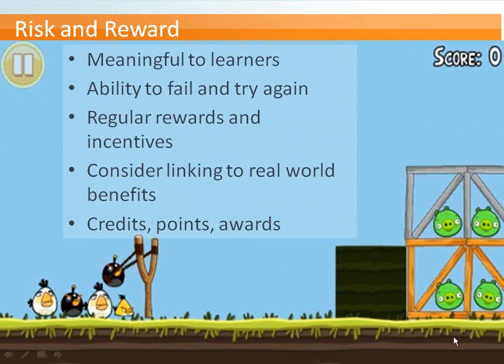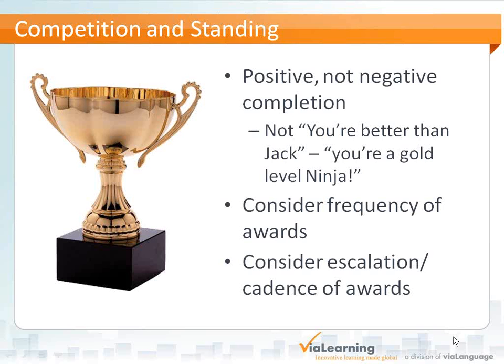And also one thing that you need to consider is the competition within gameplay. People are inherently competitive. They want to survive and they want to keep going and they want to win. People may not know for sure that that's what they want, but the brain is wired for survival, and so we are very competitive. But with that competition, you want to make sure that it's positive and not negative. So you don't want to put the negative spin on it like "you're better than Jack." That's not very positive. But "you have earned this gold level ninja status. Woo! Good for you." And also making sure that awards are given out regularly and pretty frequently to keep engagement